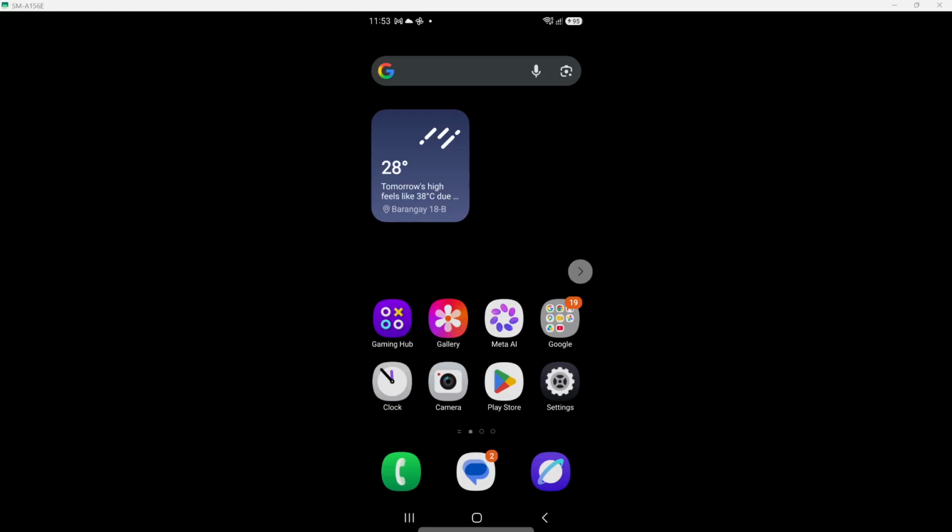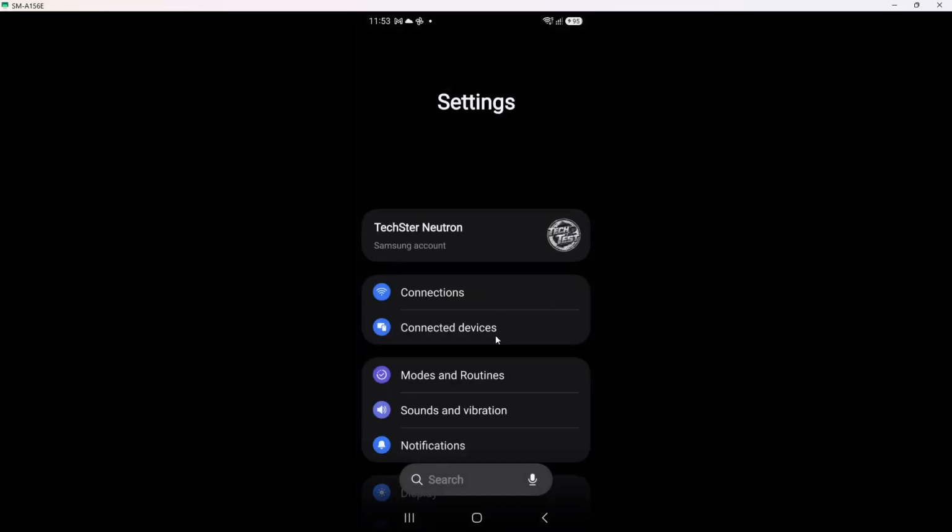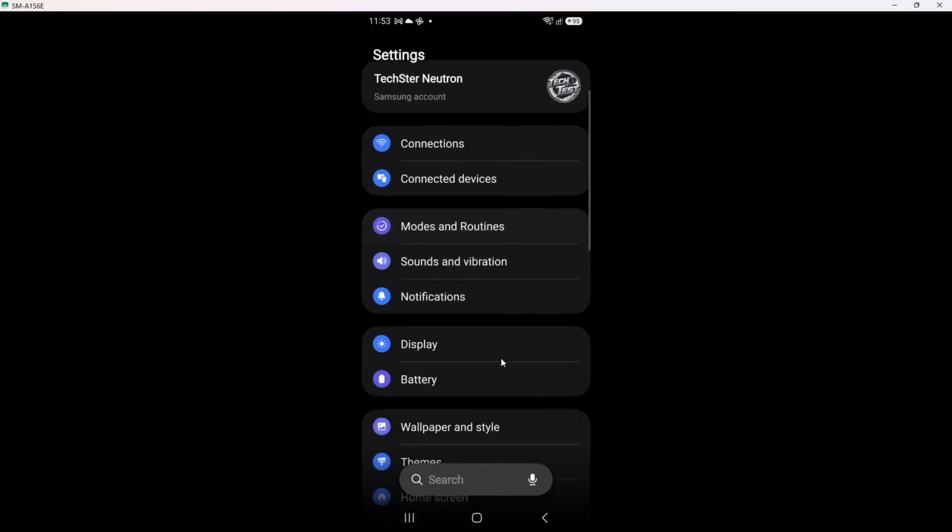In today's video, I'm going to teach you how to back up apps on Android phone. First, open the Settings app on your Android device. You can find the Settings icon in your apps drawer or swipe down from the top of your screen and tap the gear icon. This step is essential because the Settings app is your gateway to managing various features on